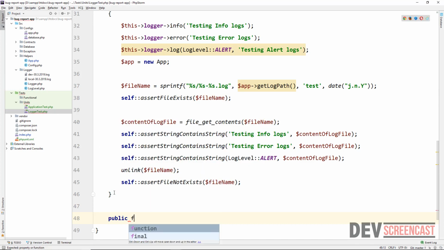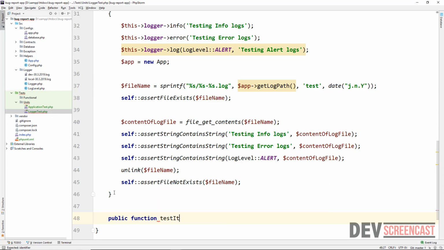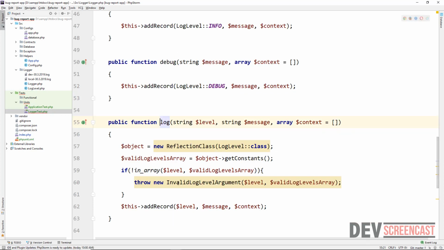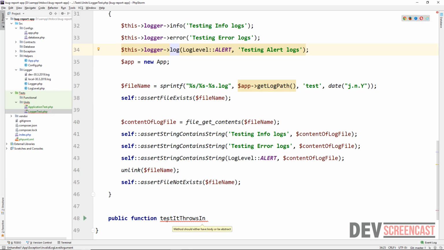So we're going to say public function test it throws. And this time we want to ensure that when we pass in a wrong log level to the log method that we have here, that it actually throws an exception. Remember, we are expecting it to throw this exception. So let's grab that. And then here I'm going to say test it throws invalid log level argument exception when